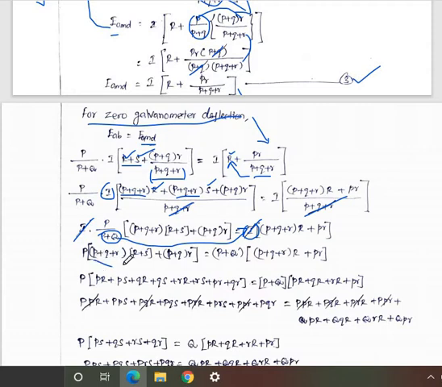So small p into capital R, and here p into S, so small p into capital S. Plus, next you have to multiply q with R, small q into capital R, plus small q into capital S, plus small r into capital R, small r into capital S, plus you can multiply that value, small p into R, PR, plus small q into R, QR.